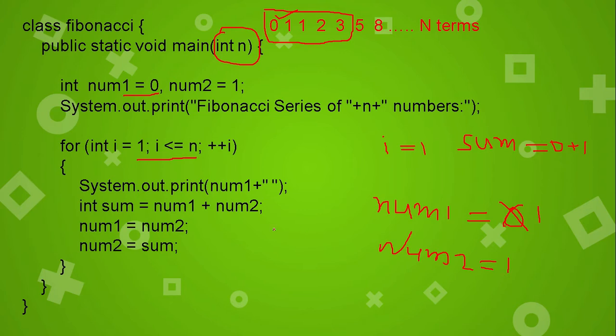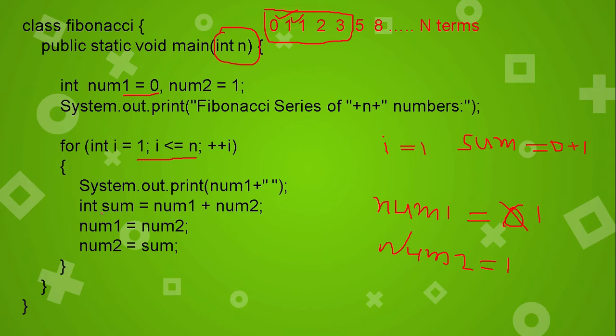Now the loop increment, i plus plus or i plus 1, whatever, that won't make any difference. Coming over here, the condition will be checked. I becomes 2, and 2 is less than or equal to n. I have given n as 5, remember. The condition is true. Coming over here, again printing num1. Please tell, what is num1? 1. So this 1 is printed now.